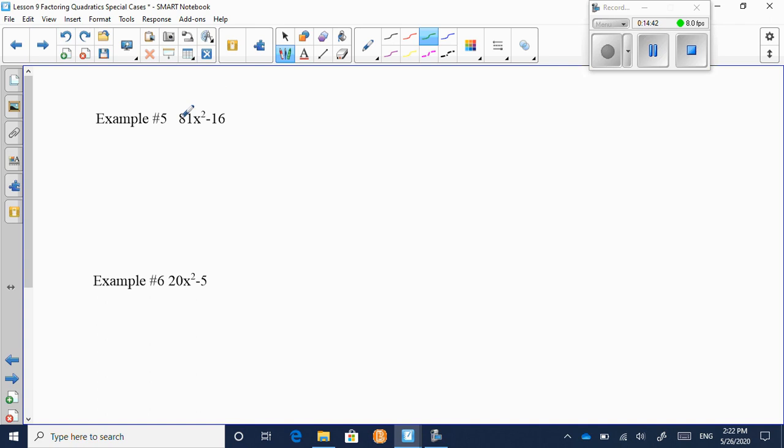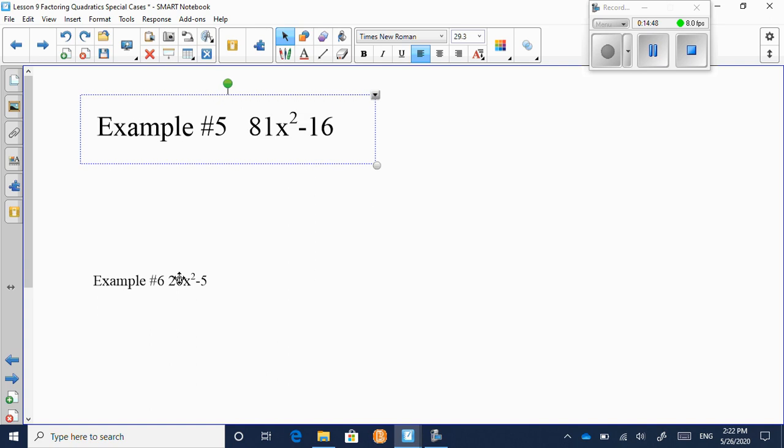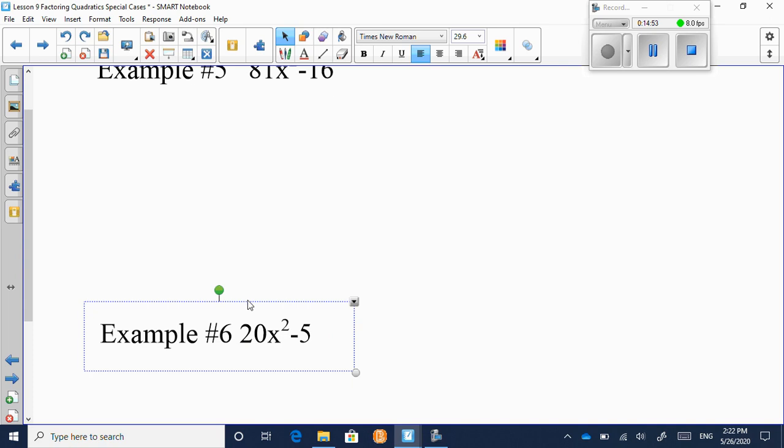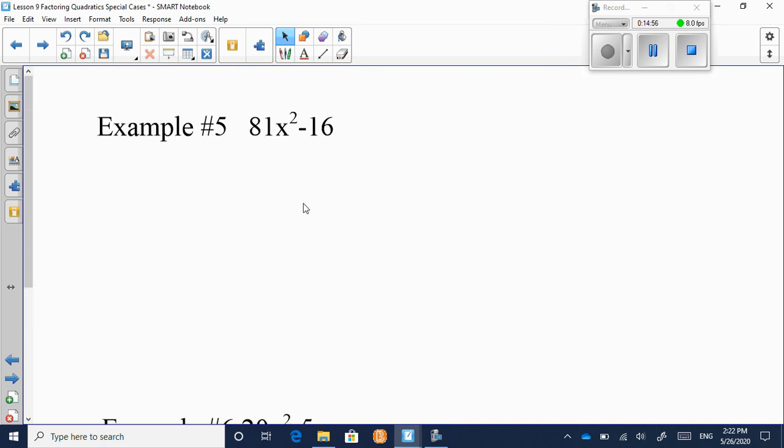So here, I'm just going to make these a little bit bigger. Okay. So look at the first one. It says 81x squared. I look at that and I see the two terms and I think, oh, maybe this is one of those difference of squares. And sure enough, 9x times 9x is 81x squared. And here, 4 times 4 is 16. And look, they're separated by a negative sign. So the answer is 9x minus 4,